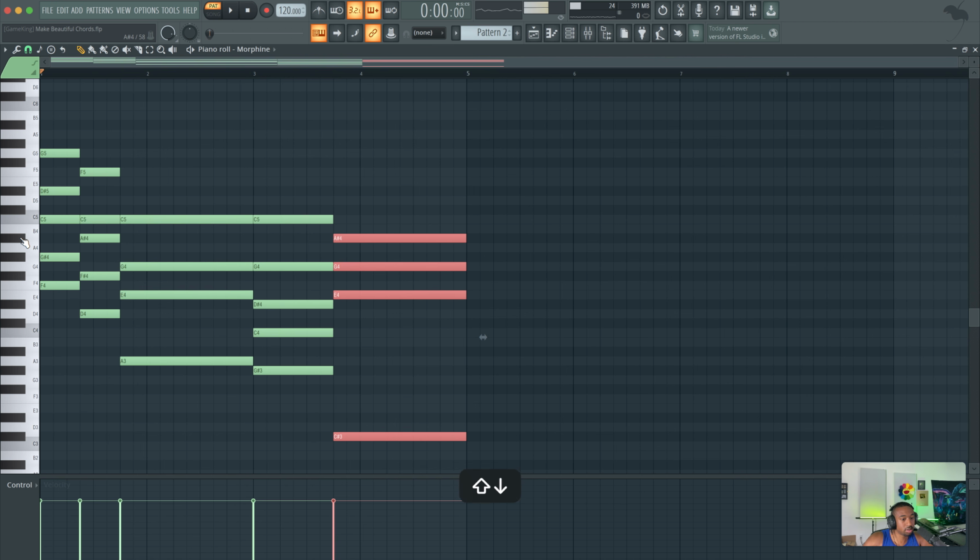My ear wants to hear dun. So again, I'm going to transpose this note so that the top note is the note I hear in my head.